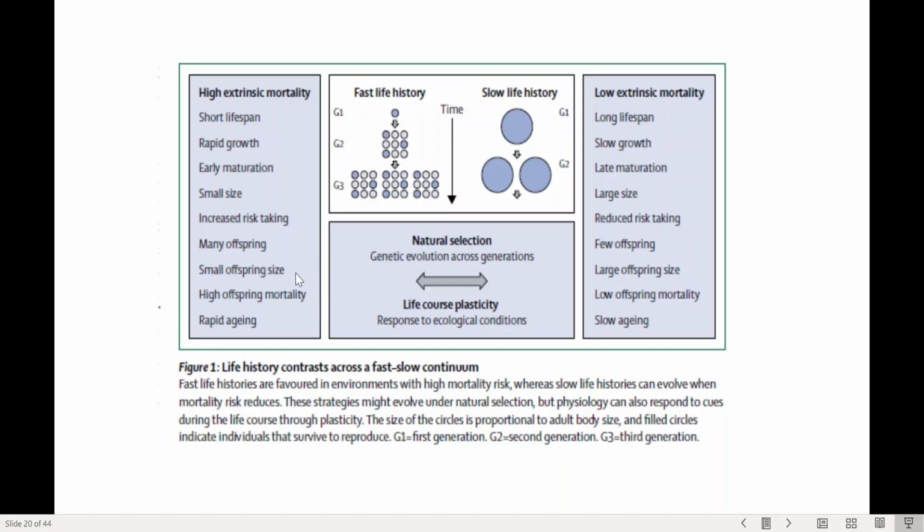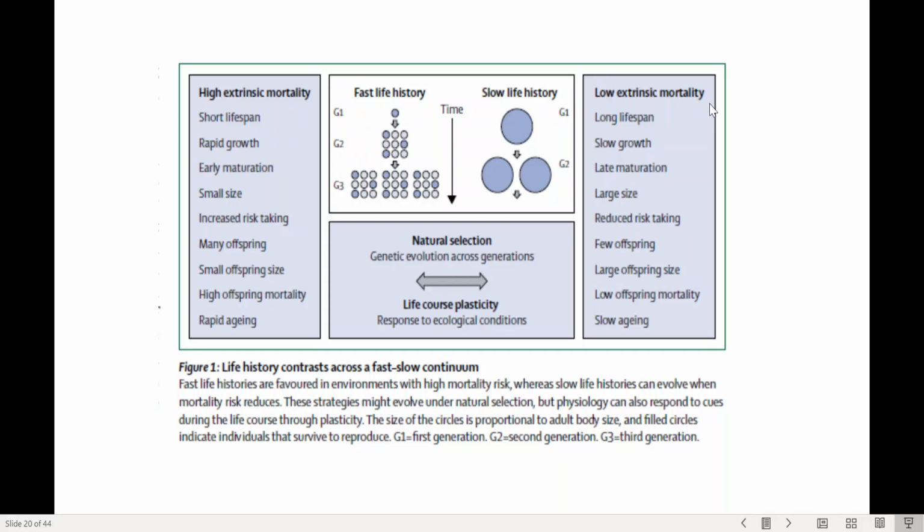Kids are likely to die young, and there's also rapid aging, right? So what happens over this is what is called fast life history, fast because there's rapid growth, fast maturation, fast passing on of your genes. Over a few generations, you have lots of offspring, and only some of them will survive and again pass on their genes. So that's why it's called fast life history.